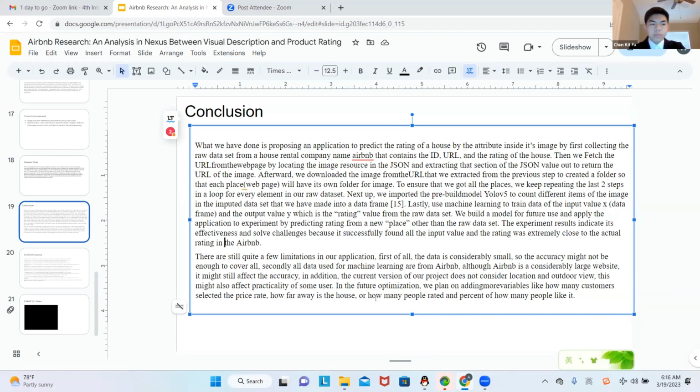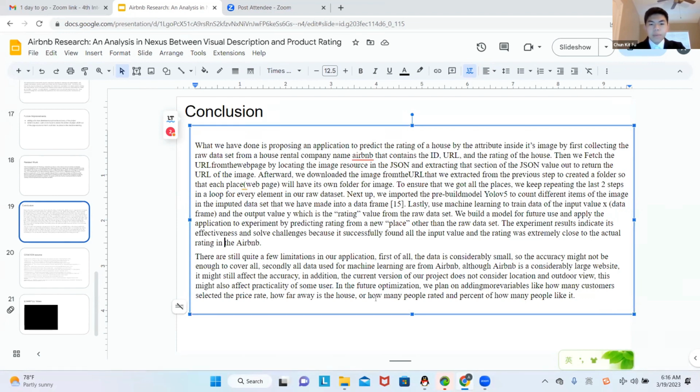That might also prove to be a problem because although Airbnb is a considerably large website, it might still affect the accuracy because it doesn't contain everything. In addition, the current version of our project does not consider the location or the outdoor views. So this might also affect practicality for some users.